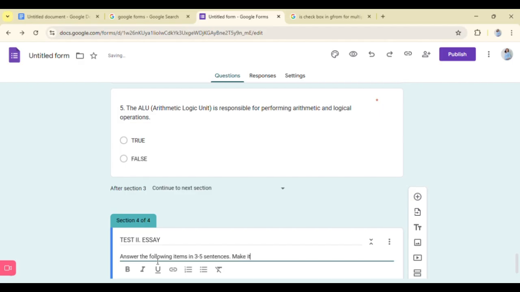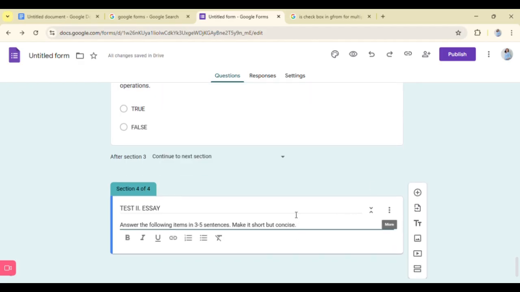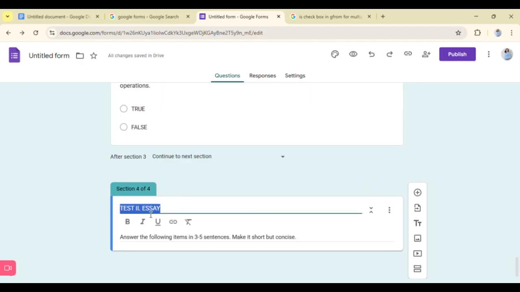Make it short but concise. That's it. Now, if we're going to make the... Oh wait, this is chop.